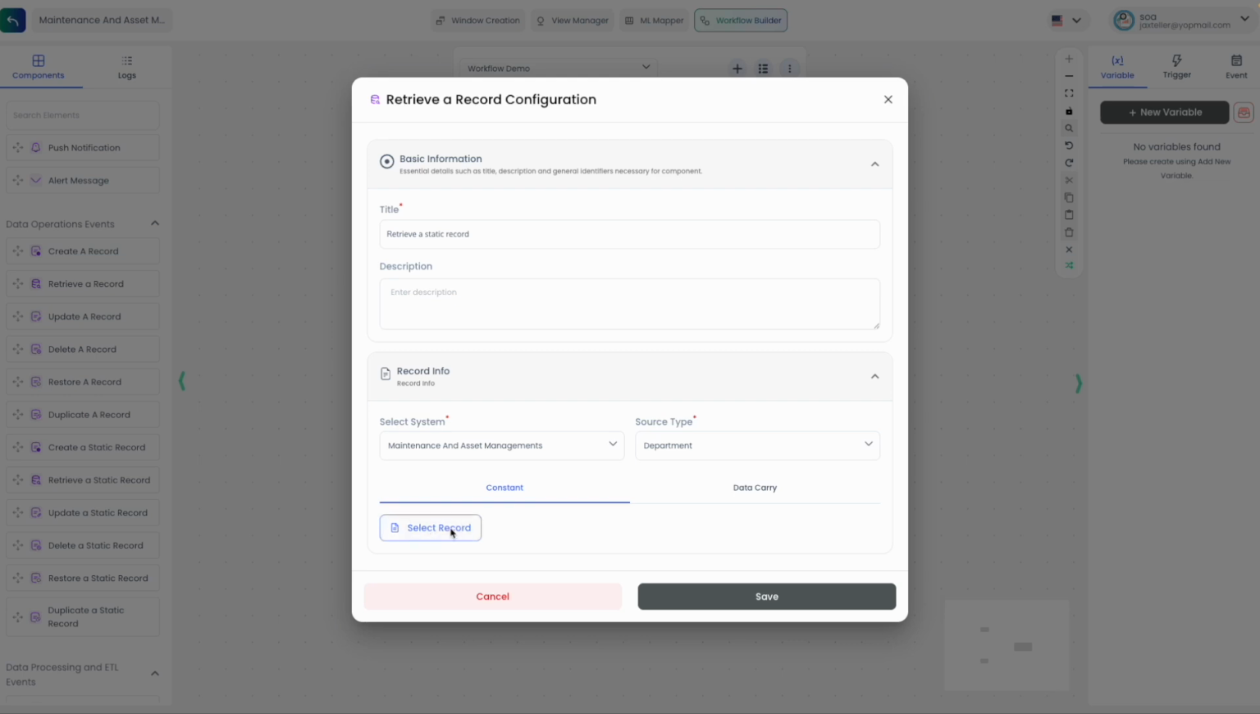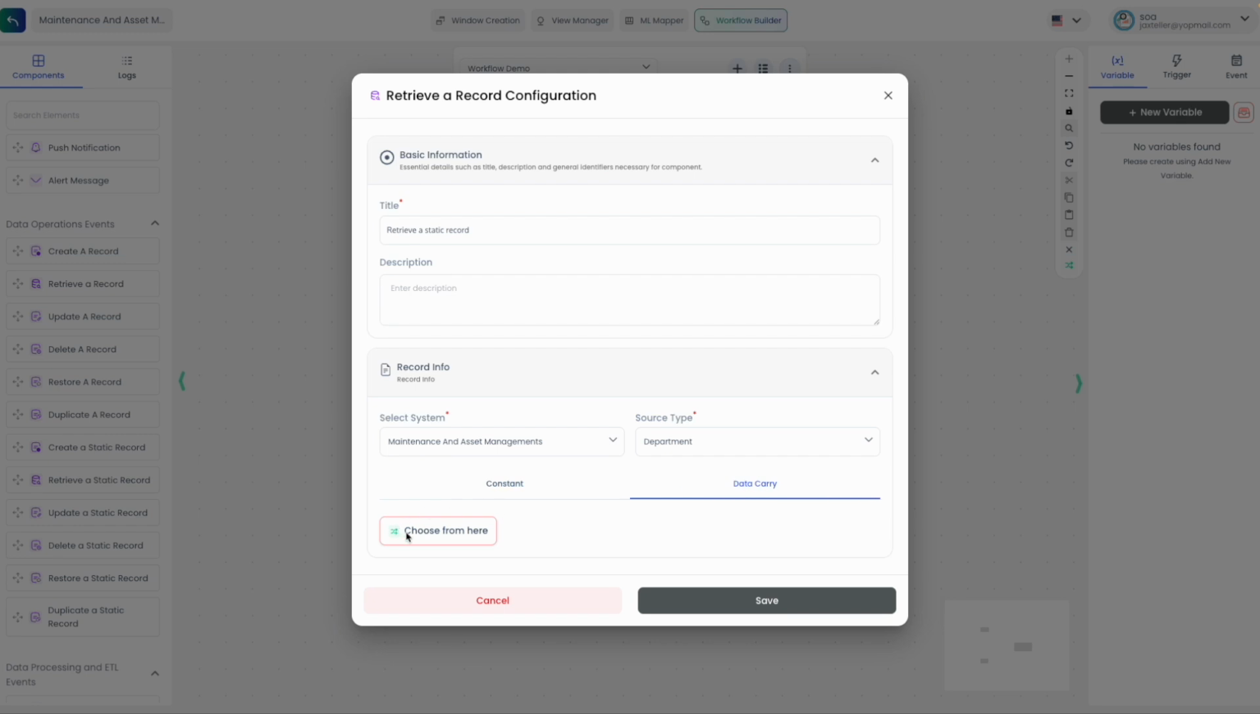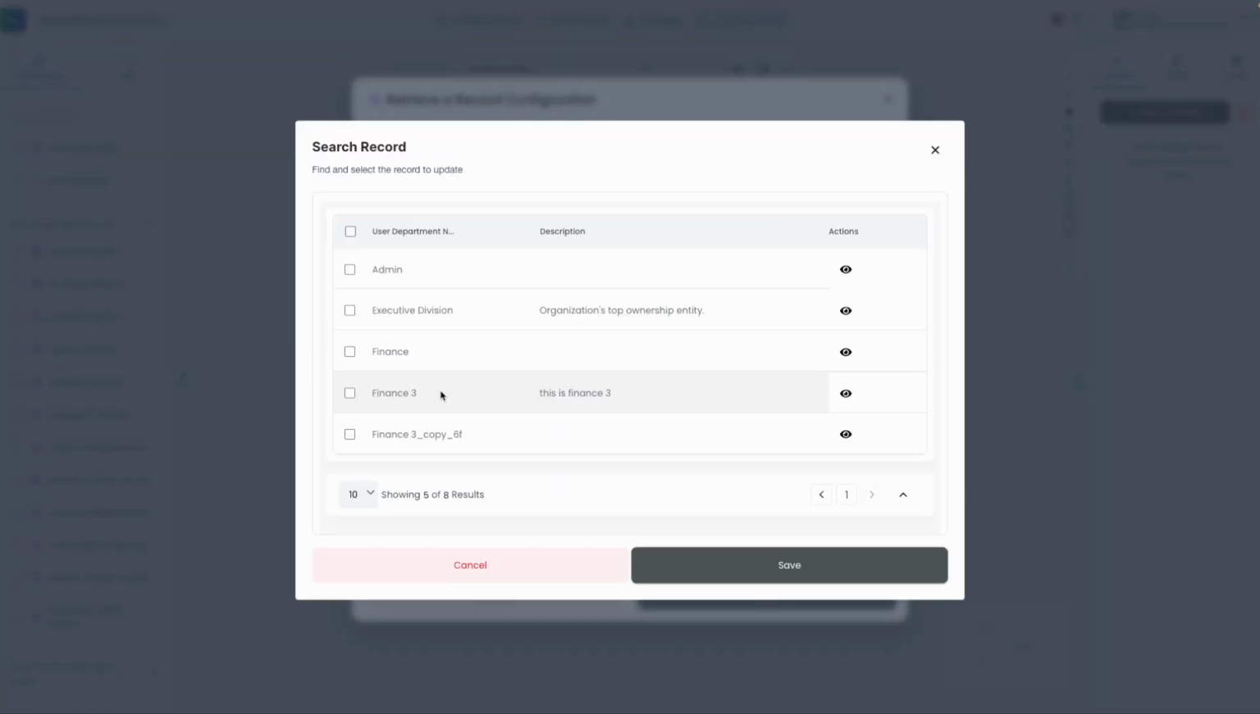Now, select the record you want to retrieve. You can do this statically by selecting a specific record or dynamically by carrying data from other nodes. Once the fields are set, for viewing the record, let's suppose we want to send name as content in system